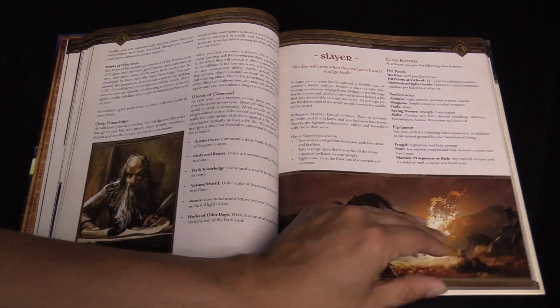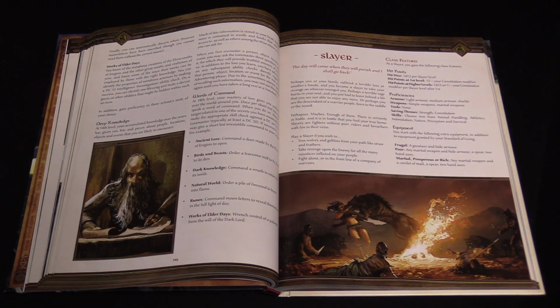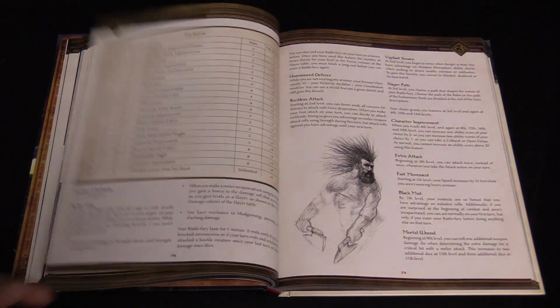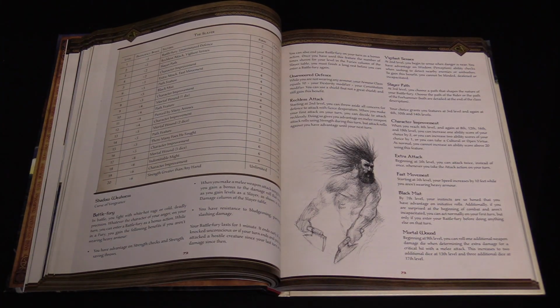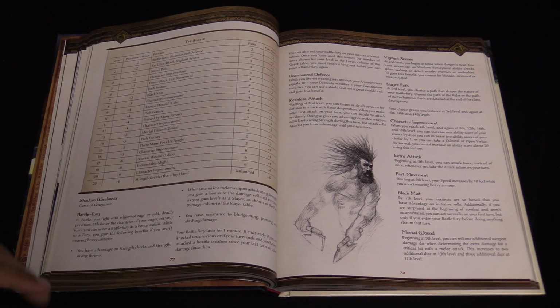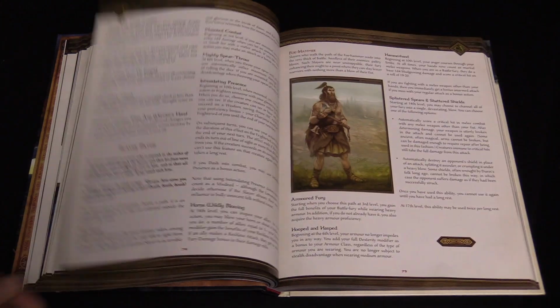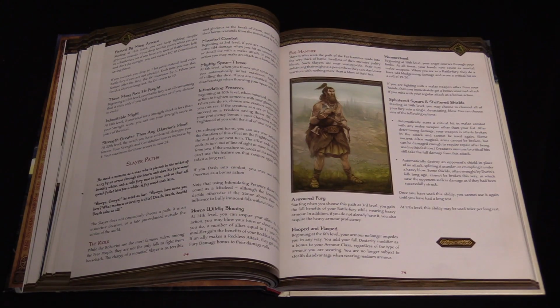There's also the Slayer. These you might expect just looking at the art. These are very much barbarians. They even have a D12 hit dice. They have a Battle Fury, Reckless Attack, Unarmored Defense. It's pretty much a barbarian with just a couple of different